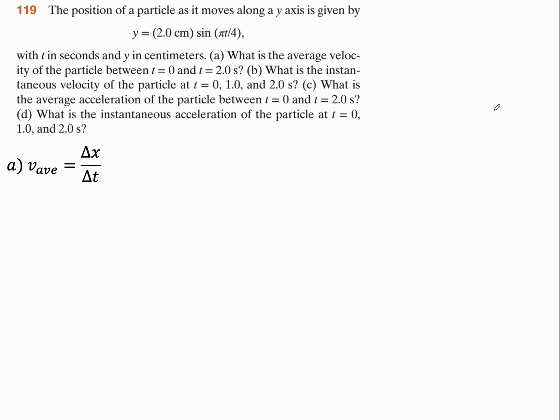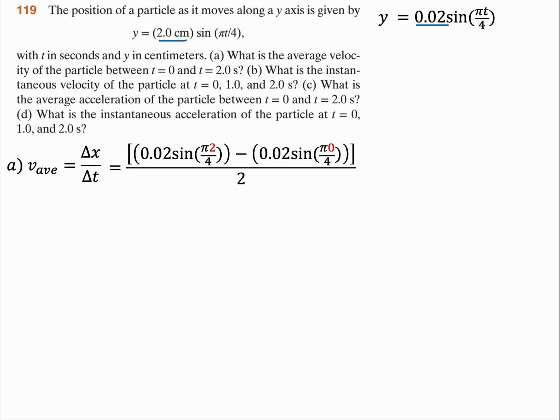Before we answer that one, a quick reminder, average velocity is just the change in position over the change in time. Technically, I should have written this as delta y in this case, but it's okay. And one last thing before we do this, I'm just going to rewrite this. The 2 centimeters, I'm going to write in terms of meters right away, so our answer ends up being in meters per second. And so in this case, all we have to do is plug in 2 seconds here and